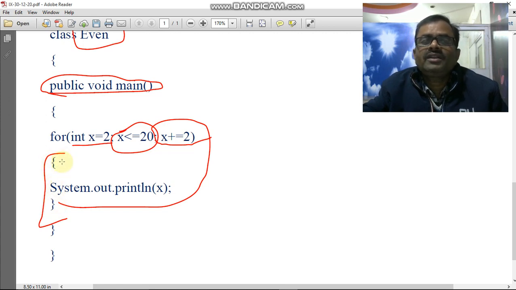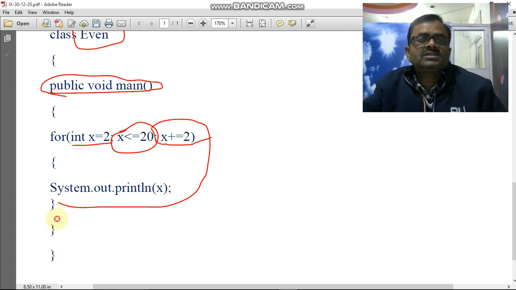Again the loop body will be executed. After this, again your control will go back. So this is the part x plus equal to 2, for the updation. Your control will come again and again. Once a condition is false, your control will jump outside of the body of the loop and this loop will be finished. Okay, so this is the body of the loop.